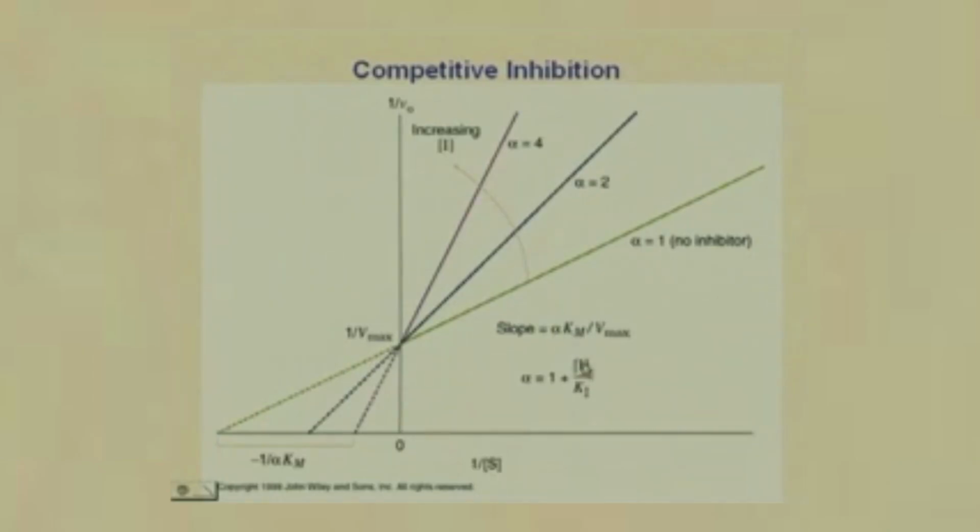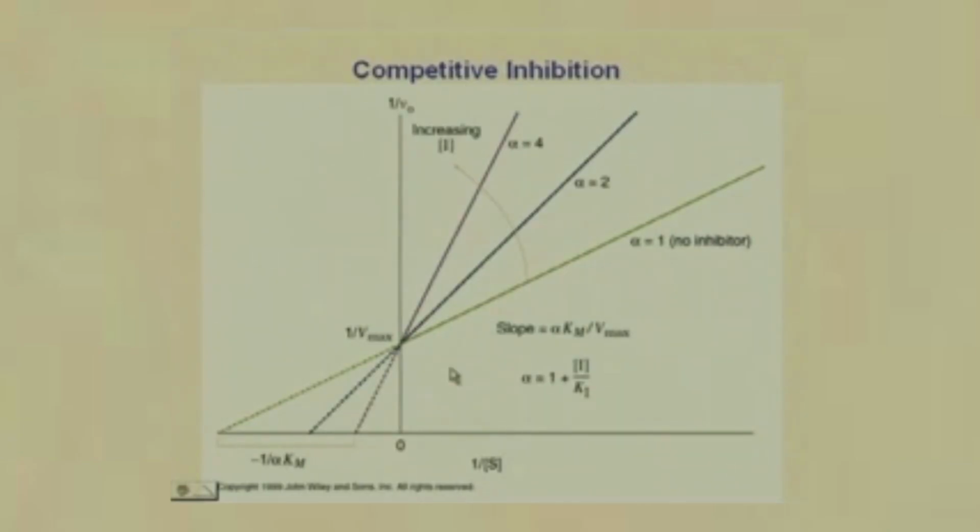Then from the inhibitor concentration, you can find out the value of Ki, right? If I know what the inhibitor concentration is in each case, I can find out what alpha is. Then from the alpha, what can I find out? I can find out what Ki is. Okay? Usually this experiment is done for different, increasing concentrations of inhibitor, and you get steeper and steeper curves for competitive inhibition. As soon as you look at a graph like this, which is the Lineweaver-Burk plot